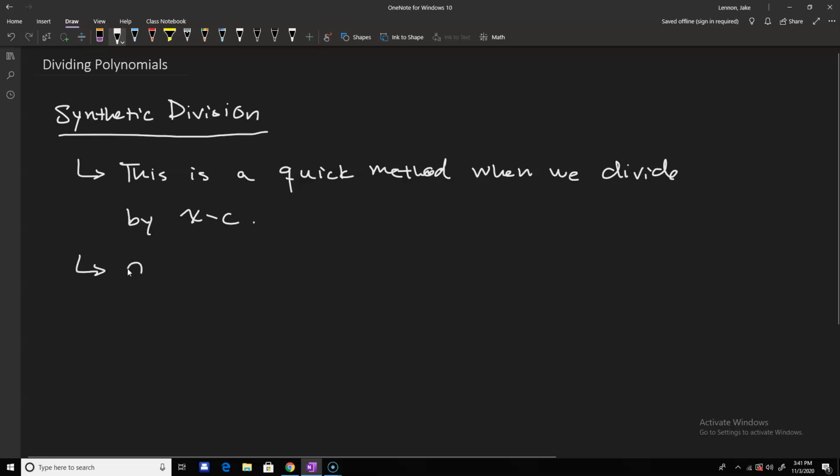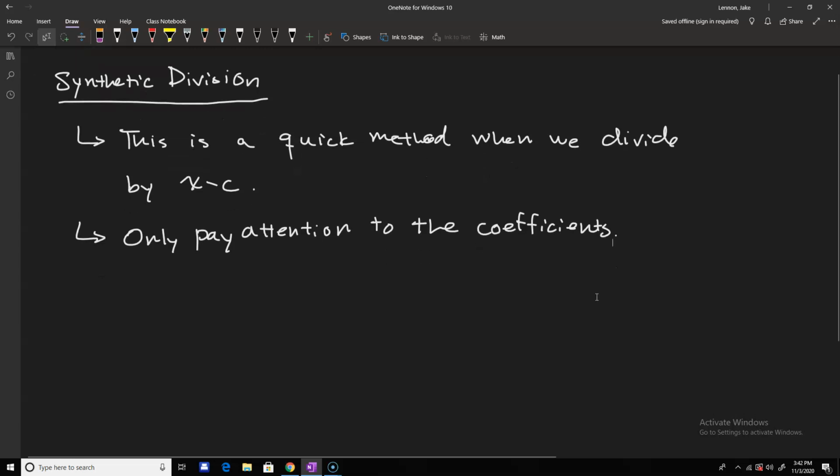And we only pay attention to the coefficients. And one reason this is really important, and you say, well, x minus c doesn't represent very many polynomials, but it does give us a way to test whether the number c itself is a root of the polynomial. So if the remainder is 0,